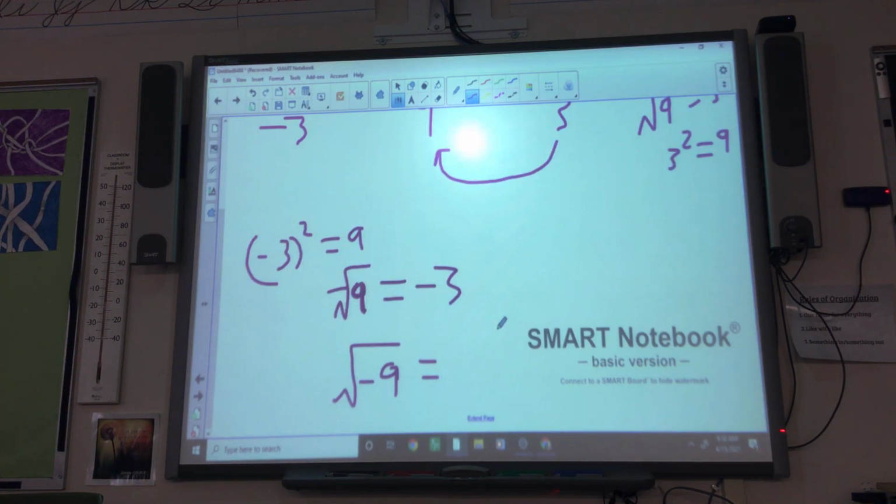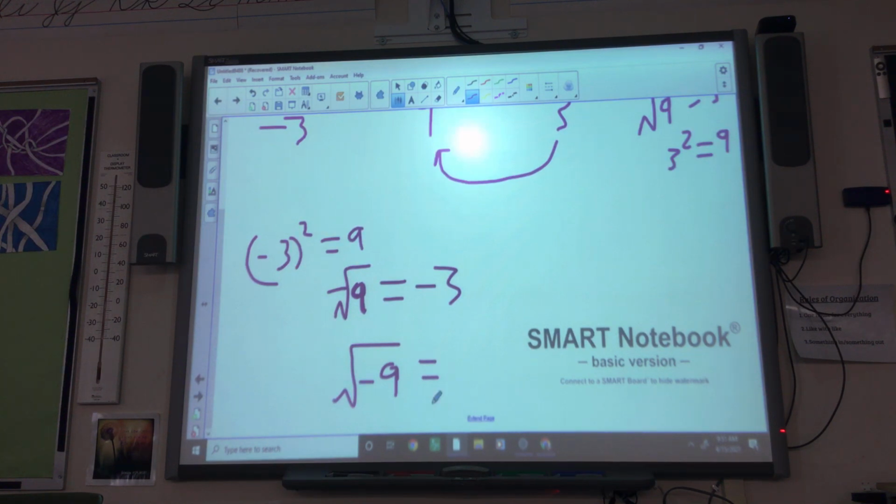Why not? Can you multiply a number times itself and get a negative? Why not? Negative times negative is always going to be positive. Positive times positive is always going to be positive. So you would need to have something that cannot happen. So you cannot take square roots